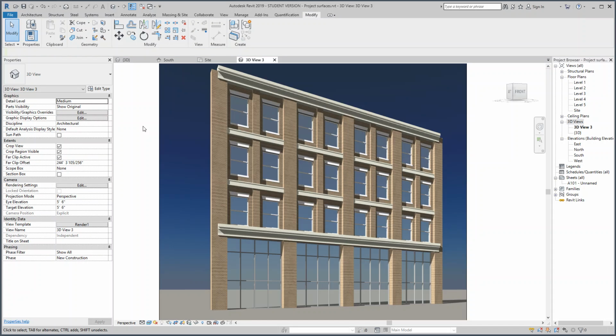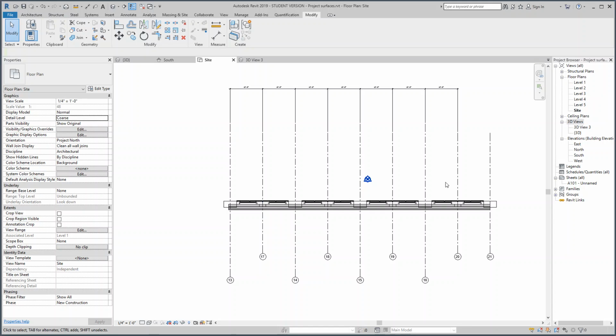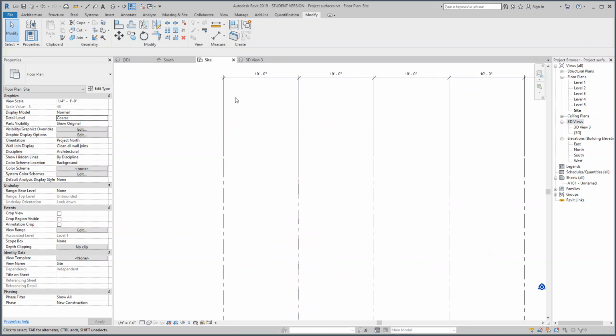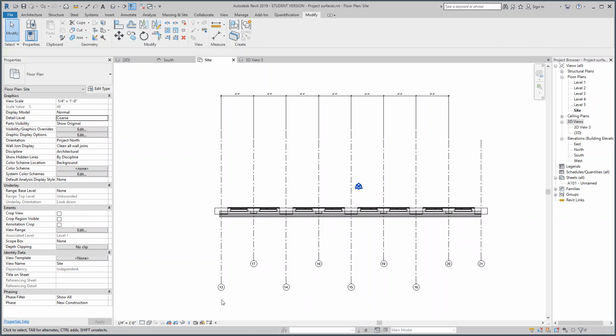So I'd like to go through this project in a more accelerated fashion, because what we're going to do is just duplicate a lot of techniques that we've already learned. So let's just take a look at what we have. We'll go to the site, and I've laid out a grid system. If we zoom in here, you'll see that it's 10 foot on center. I've created basically minor and